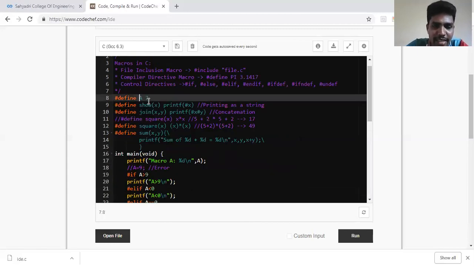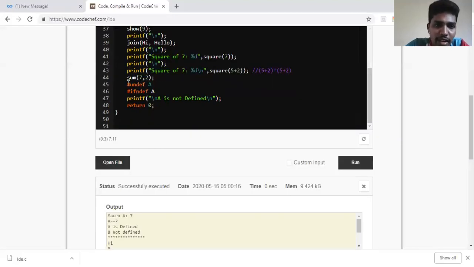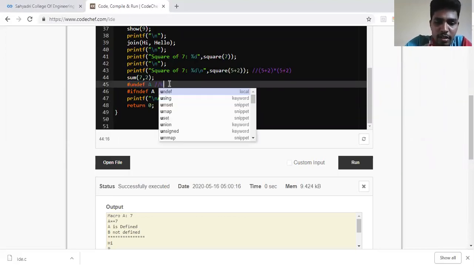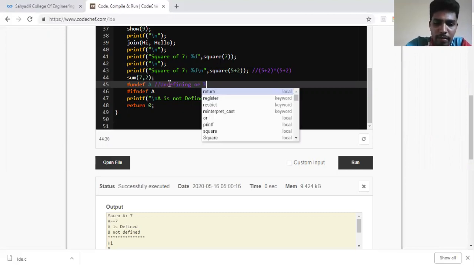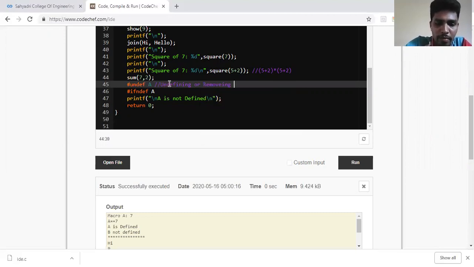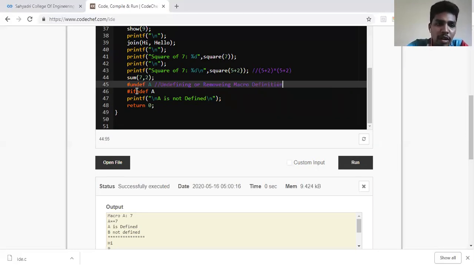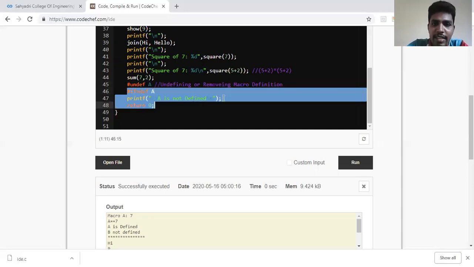If you see the statement here, my a is actually defined in the beginning. But what I'm doing here is undefining it. So this is called undefining, or you can also call it removing the macro definition. So I have undefined it. Now if I write #ifndef a, it tells a is not defined.